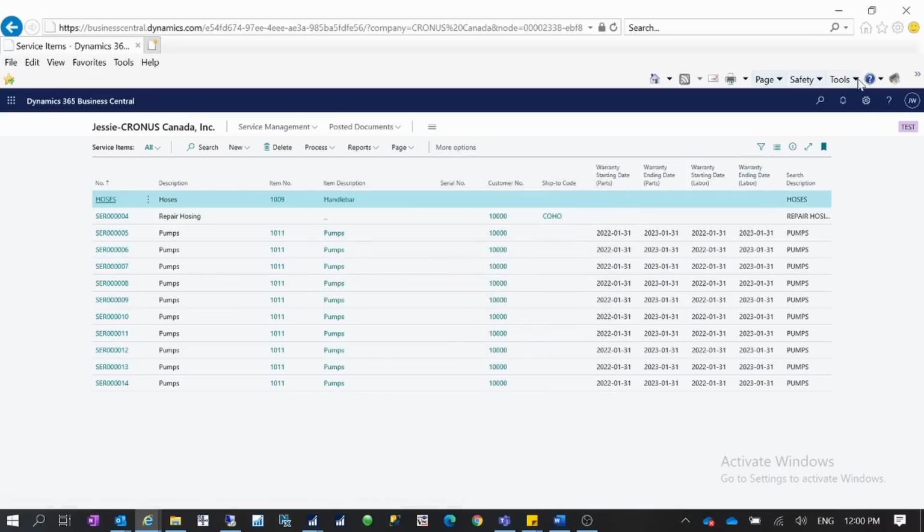I can search service item and go to the service item list. For the service item I created here, for these pumps, I have the warranty starting date and warranty ending date. This warranty can be the warranty of the parts or the warranty of the labor. The reason you can see I have a 1 year duration for the warranty, no matter for the parts and labor,